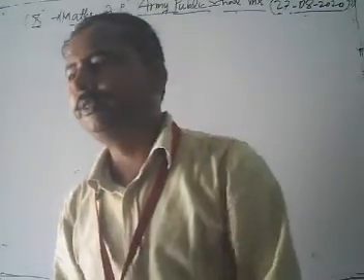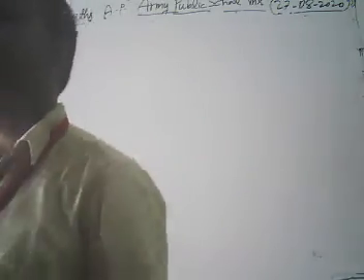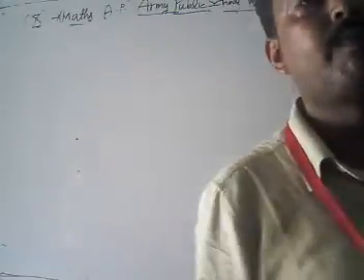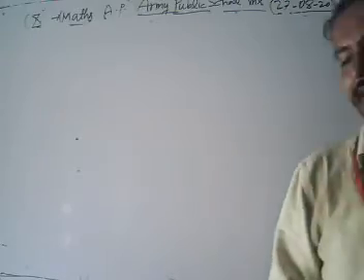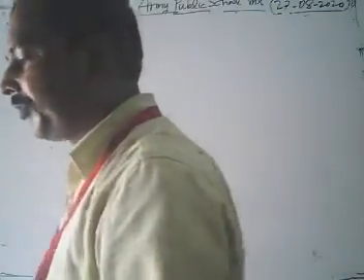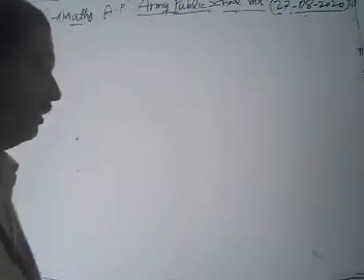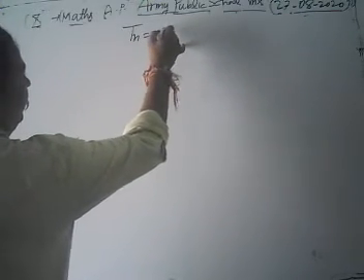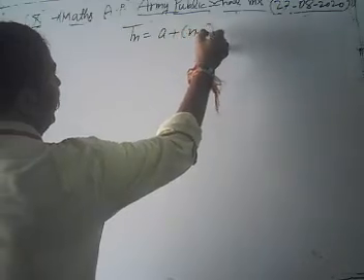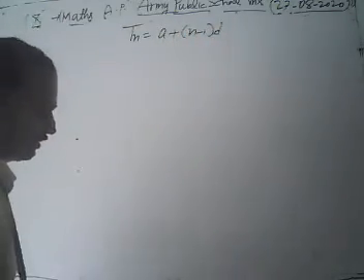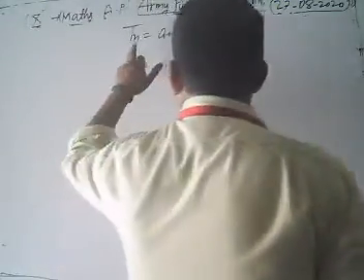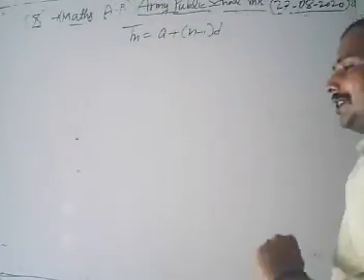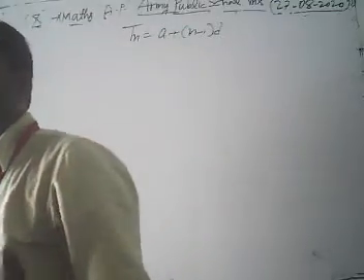In our last topic yesterday, we discussed the general formula to find the general term, the nth term, of an AP. Tn is equal to a plus n minus 1 into d. The general formula to get the nth term of an AP is given by a plus n minus 1 d, where Tn is the nth term, a is the first term, n is the number of terms, and d is our common difference.